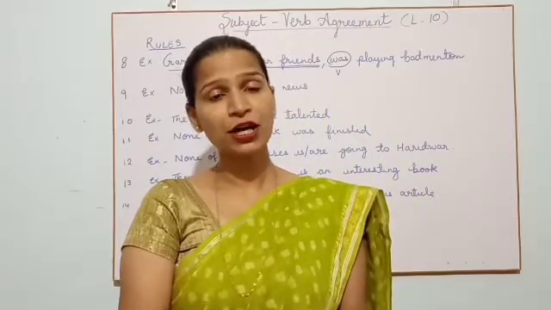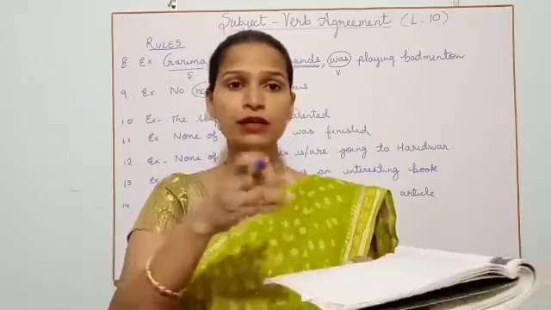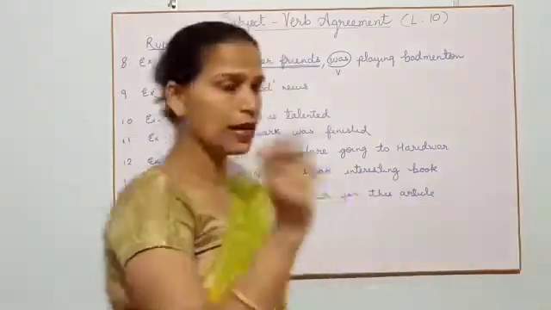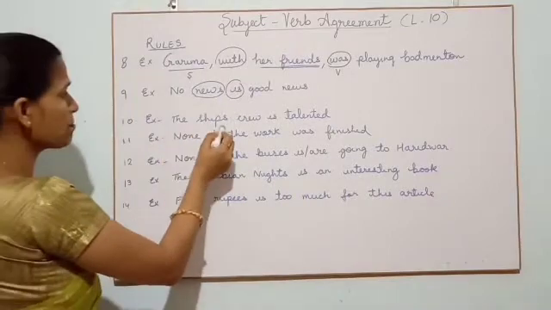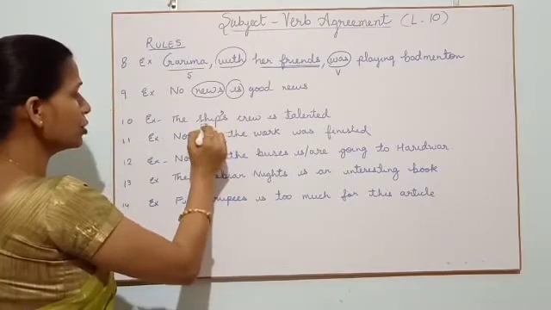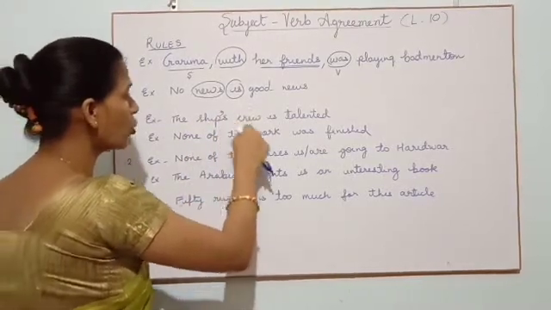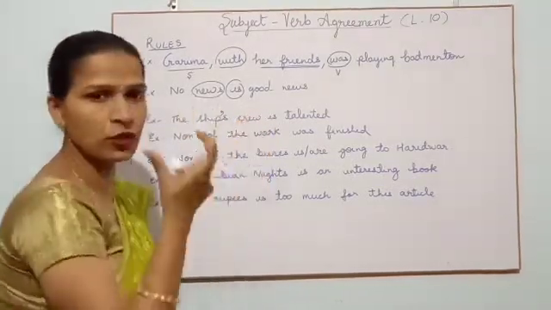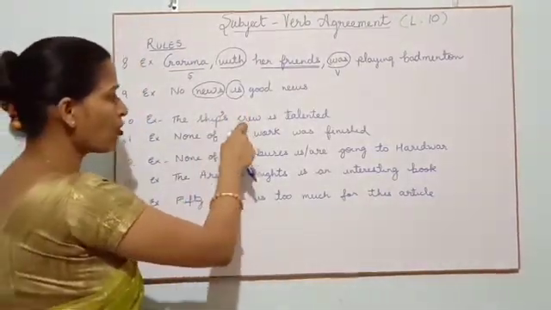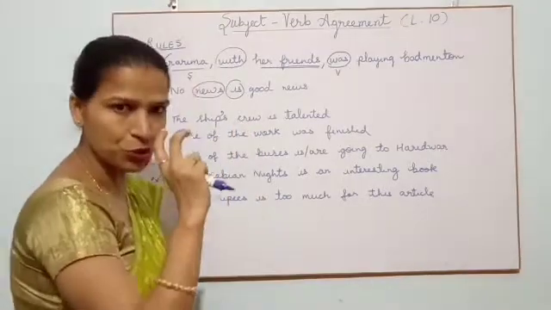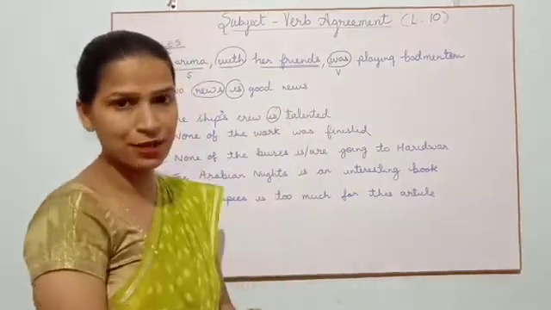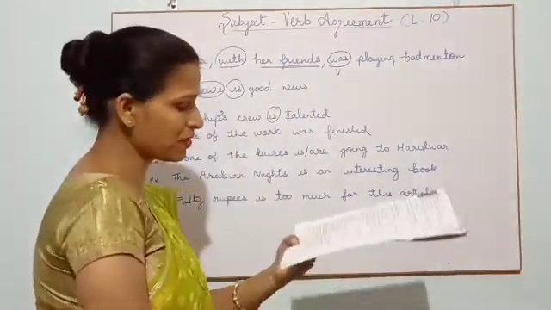But when we are taking a unit, a thing as a whole, as a single thing, then we will take a singular verb. Like in this case, the ship's crew means the crew of the ship. Ship's crew means all together, all the members as a unit I am taking. All the members who are working in the ship, I am talking about all of them as a unit, as a whole. The crew is talented. That is why we have taken is here. I am sure you must have understood the difference between these two.